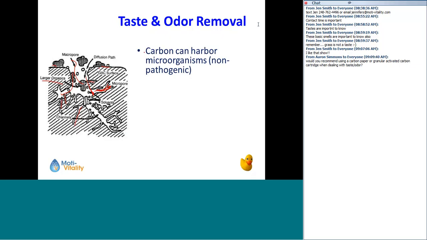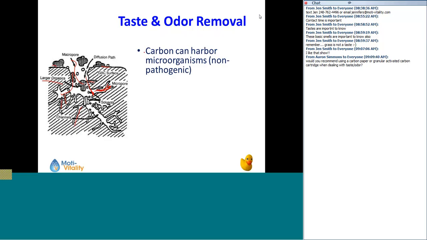Here, I'm getting a question here. Let's see. Would you recommend using carbon paper or granulated activated carbon cartridge when dealing with fixed odor? The paper, I don't like the paper, because the carbon paper just exhausts so fast. I mean, it's just this little thin layer. They're more expensive, but I like the GAC filters,